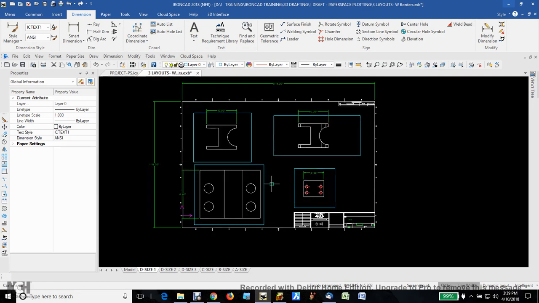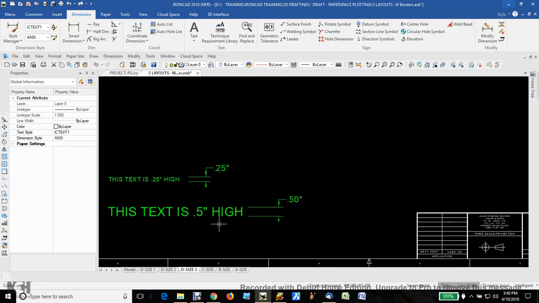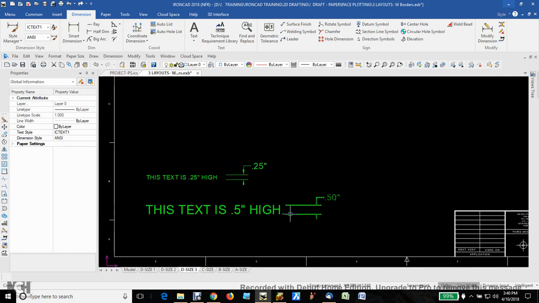Now, one of the other nice things about working with Paperspace is if you want text to be a ½ inch high, you make it a ½ inch high. You don't have to worry about the scale factor of your text. One of the examples I use when I teach AutoCAD and IronCAD and other programs that are using